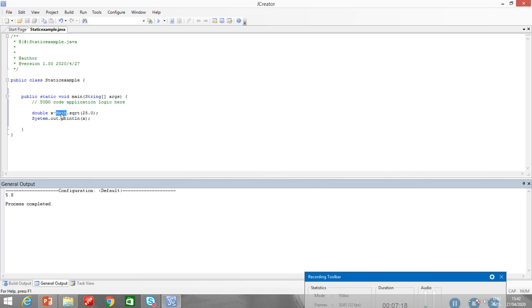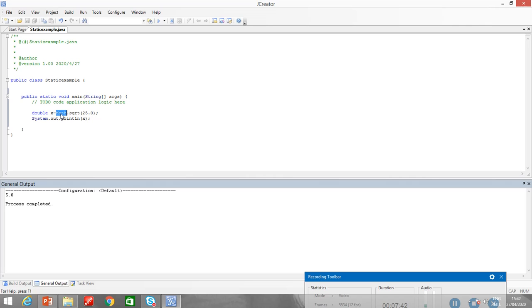I am not creating any object of the math class. So this is the beauty of the static variables. The method sqrt is a class method, or it is a static method defined in the math class. The static methods are called by using the class names. In fact, no object has been created for the math class, but static methods, they have certain restrictions also.